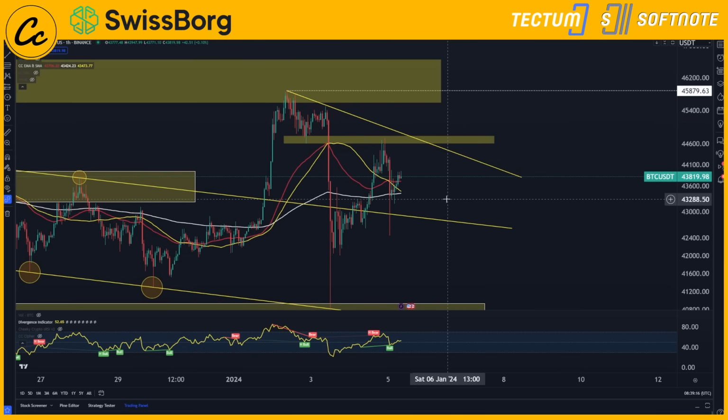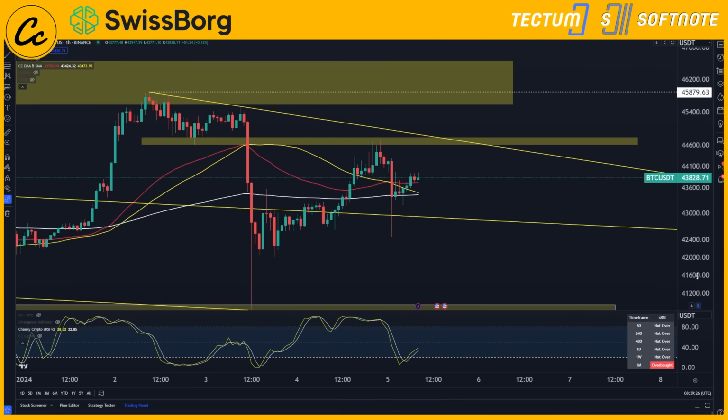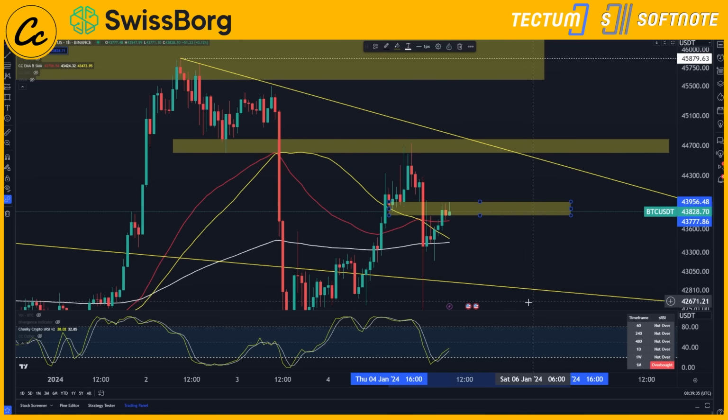So as we come back into the price chart, what are we talking about here? Well, we can see this little bounce to the upside here. We might be able to continue moving up just a little bit more. Now, the next areas of obvious resistance, if I zoom in just a fraction here, is going to come in just where we found support previously. Okay, so right into here, and that is currently where we are. We can find that this previous area of support at the 43,777 to 43,956 is now our resistance.